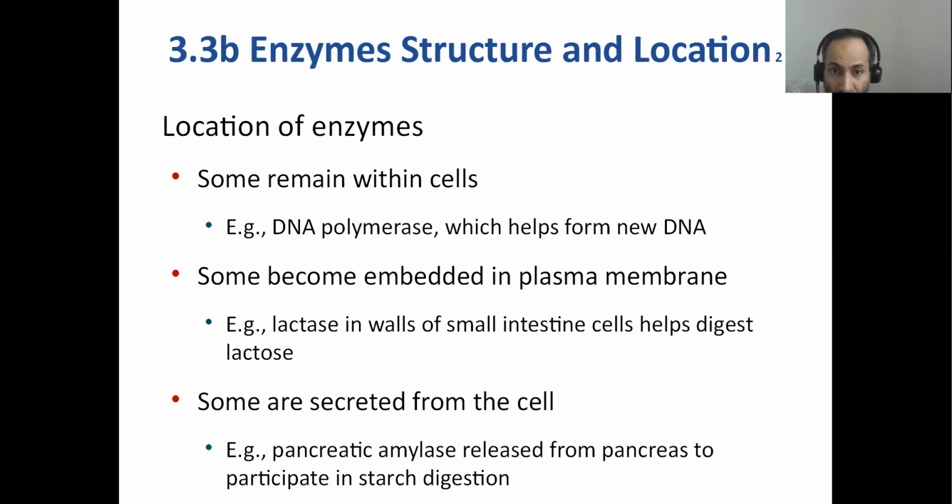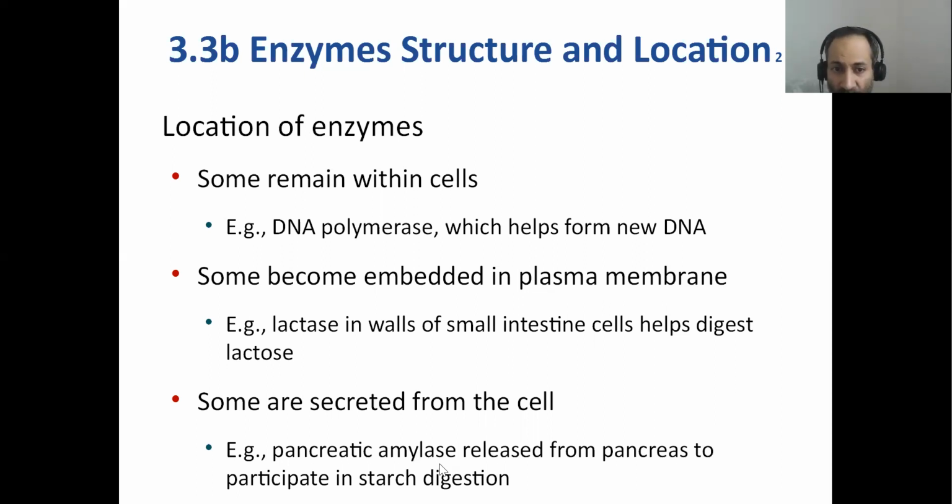Some are embedded in your plasma membranes, like lactase, which is an enzyme embedded in the walls of your small intestine. That enzyme helps you break down milk sugar lactose into glucose and galactose. People who are lactose intolerant, such as myself, right? They lack lactase. We had lactase when we were kids, drinking milk primarily, but as we grew up, there was not much milk in our diet. So the lactase gene was switched off. So we didn't make any more lactase. We became lactose intolerant. So when we drink milk, lactose is not broken down into glucose and galactose. We get cramps, diarrhea, indigestion, lots of flatulence, all of those symptoms, okay?